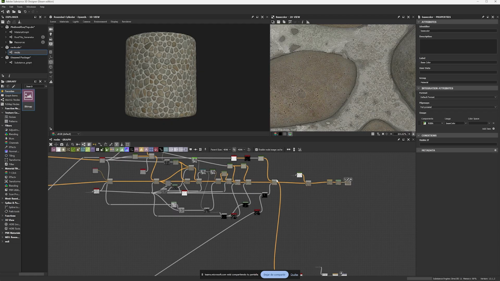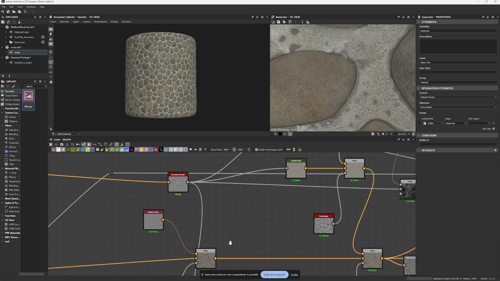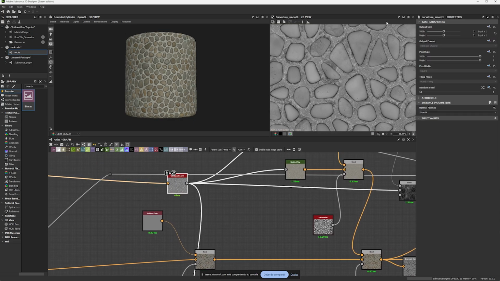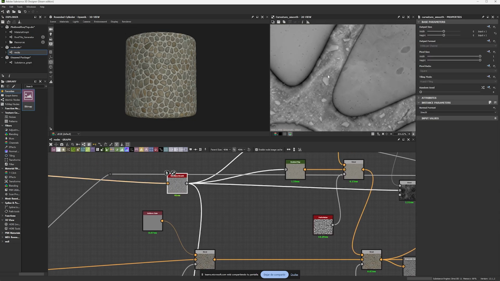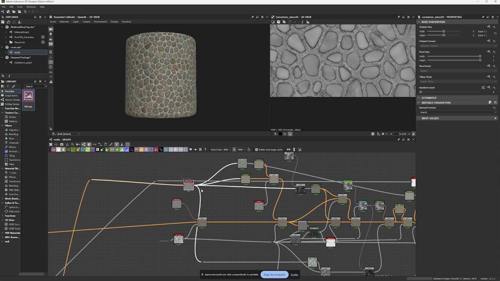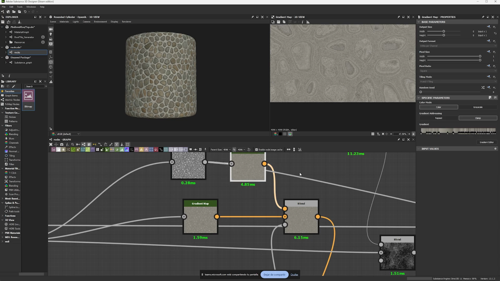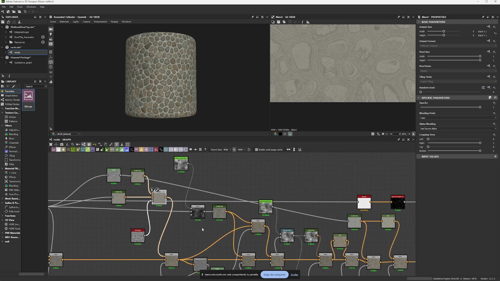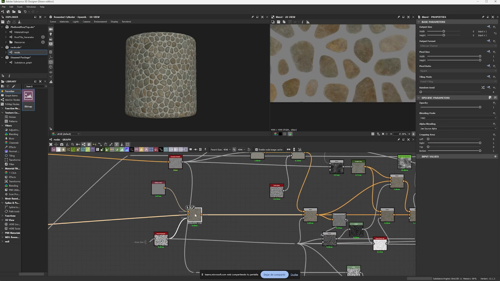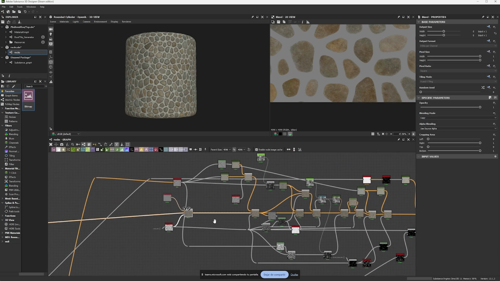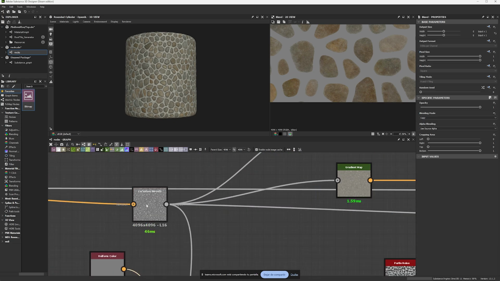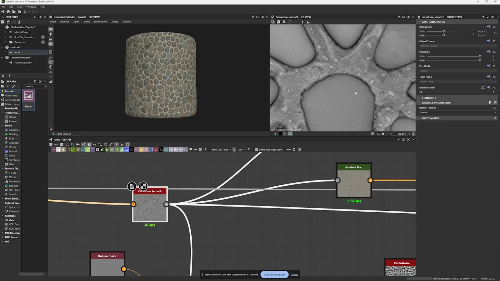So if I go back to this graph and I go back to the end, you're going to see that I'm using my curvature smooth, which gives me really nice information for my branches, and generate different gradient maps, which I'm using to blend all of this information. I'm also using this as a mask, as you can see here. I'm using many other maps, but the curvature smooth is going to be the first thing I'm going to be using for this.